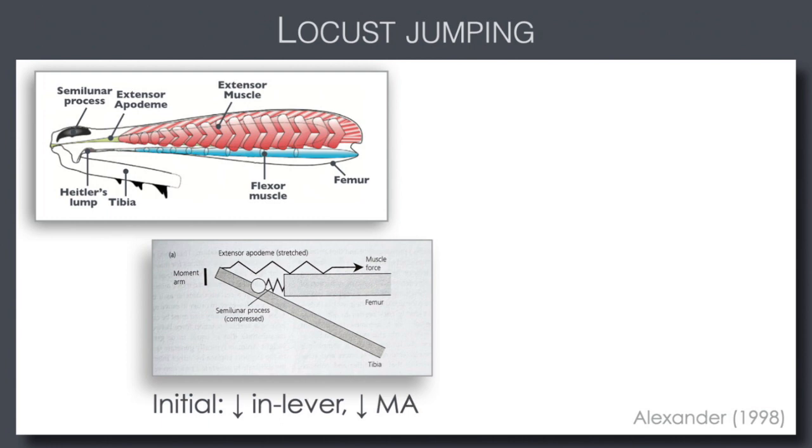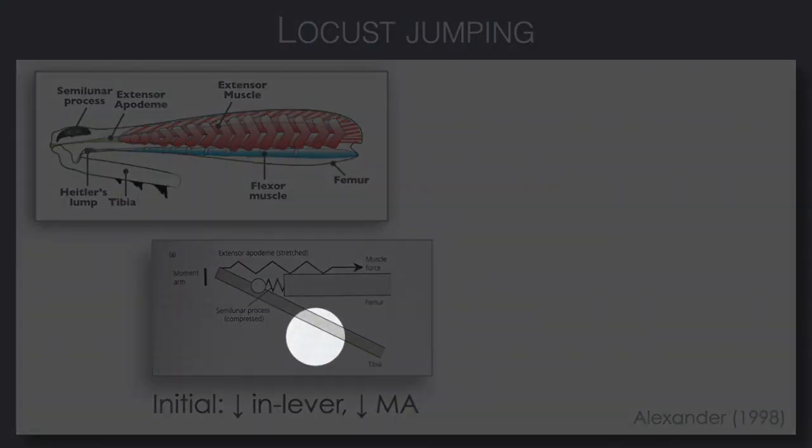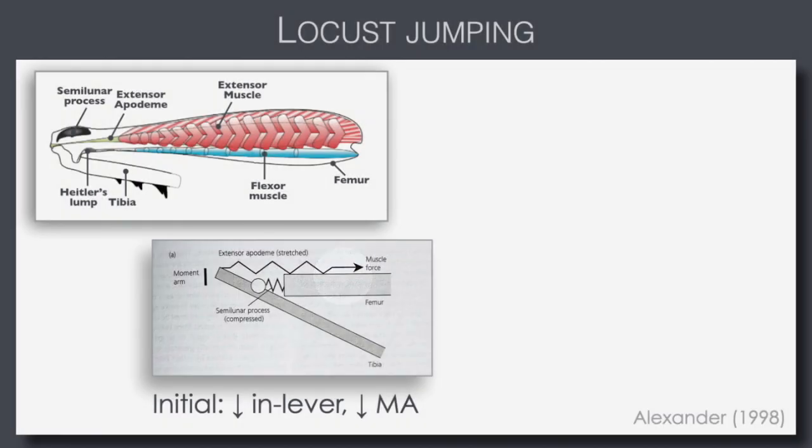And so initially, when the muscle's first activated, you've got this tiny little in lever, tiny mechanical advantage, and a lot of resistance to the force being generated by that muscle. If there wasn't resistance, you wouldn't be able to compress the semilunar process. You wouldn't be able to stretch the apodeme, right? You need that resistance. Otherwise, the system would just move, and the force would directly translate to the tibia rotating. Because there's resistance, then you get a stretching of all of these